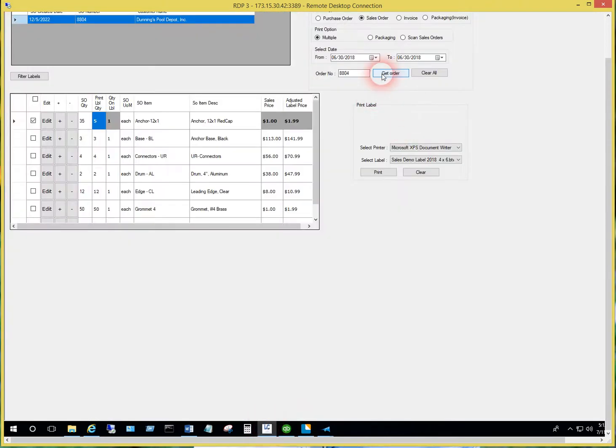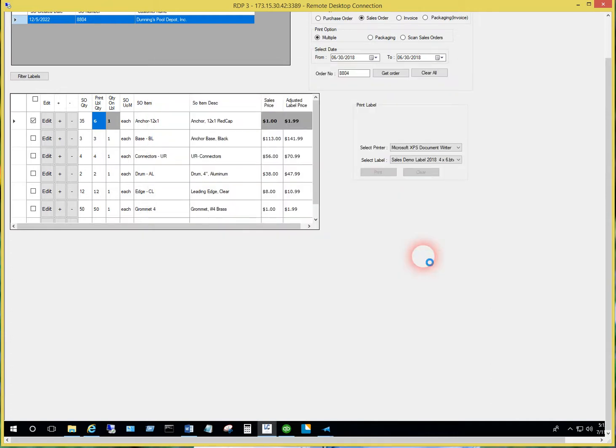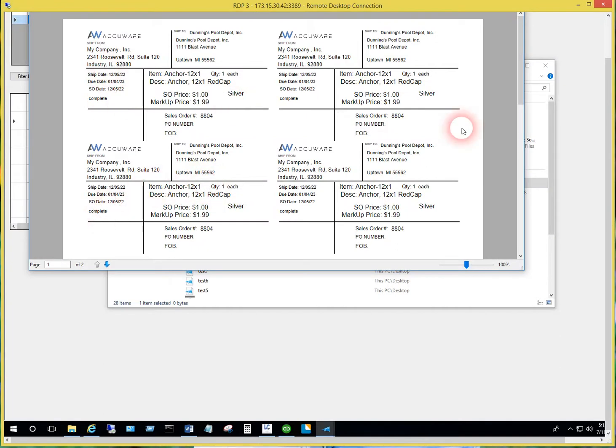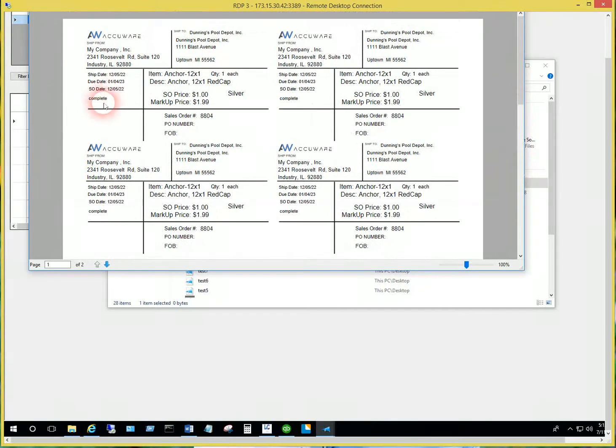Okay, and we'll query the order again here, and we'll unselect and just print that again. Maybe we'll print, let's do maybe 6 labels this time for that same item, and we should get the status or Other1 value to show on the label. Okay, let's pull that up. Okay, so now you can see we printed the quantity of labels that we specified when we customized the quantity, and it's got that complete status shown, in the